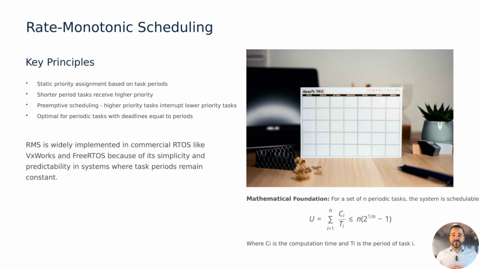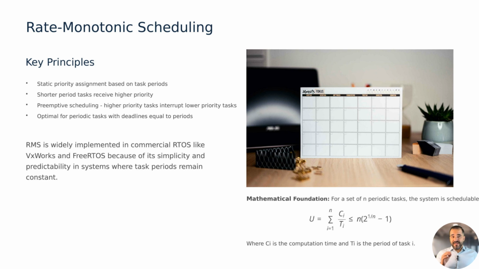This ensures time-critical tasks always get CPU attention when needed, making RMS ideal for embedded applications like signal sampling, real-time control loops, or industrial process monitoring. RMS also comes with a well-defined schedulability test. A system is guaranteed to be schedulable if the total CPU utilization stays below a theoretical bound, which we'll explore more in slide 4. That predictability is why RMS is widely supported in commercial RTOS like VxWorks, FreeRTOS, and TI-RTOS,